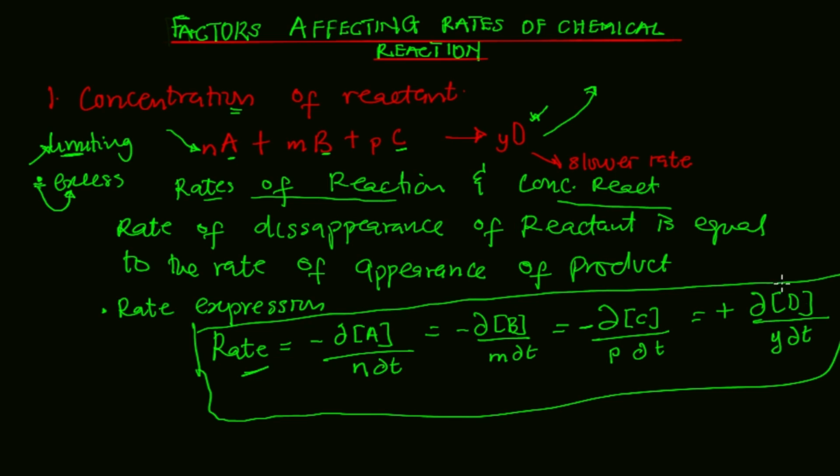The rate at which what? The product is what? Is increasing, right? So the rate at which individual reactant A decreases is equal to the rate at which what? This product is what? Is increasing. That's exactly what reaction rate means. So concentration of reactant has a great effect on the rate of a chemical reaction, and I'm going to show you an